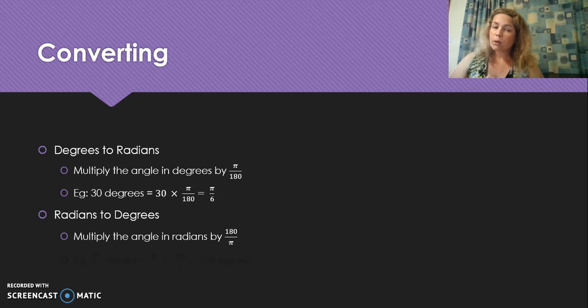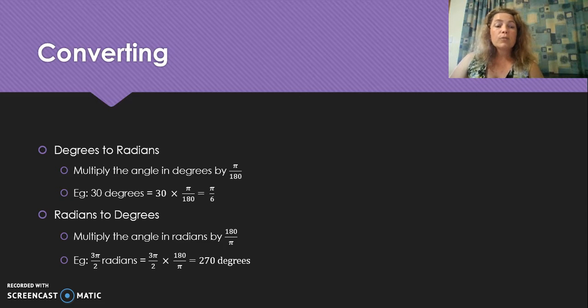Now, just before I go on and do the example there, let me just reinforce to you. When we're converting from degrees to radians, we want pi in our answer. Therefore, pi is going to be in the numerator. When we're going from radians to degrees, we want to get rid of the pi in our expression. So we're going to divide by pi. We're using the multiplicative inverse here. That's the principle there. So it cancels out the pi's and we're left with just a number,